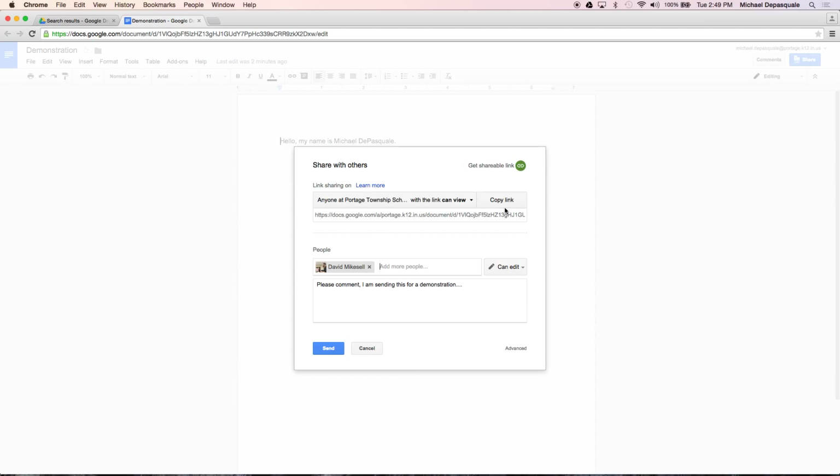But you can copy that link and get it out. This is really useful for surveys or in regards to when you want to give the option of as many people as possible to get to it without actually having to individually contact them. You could put it on a web page and people could click on that link if they wanted to. So very nice feature. So I would obviously send this off